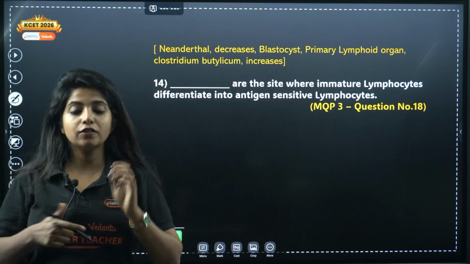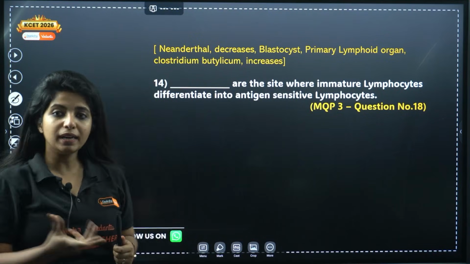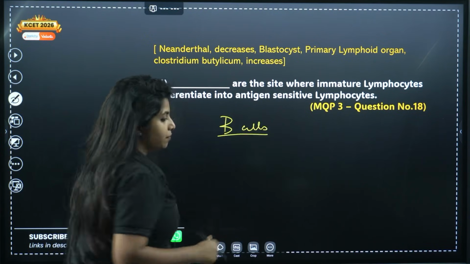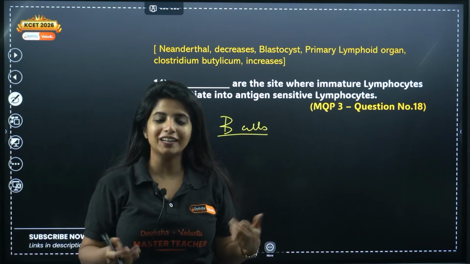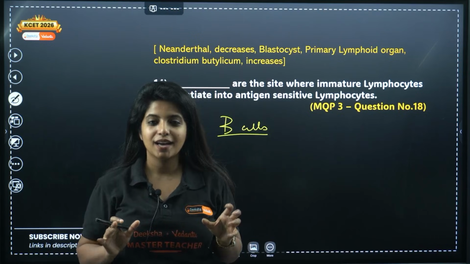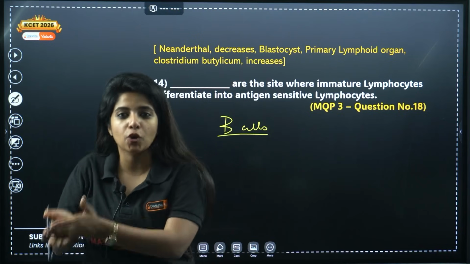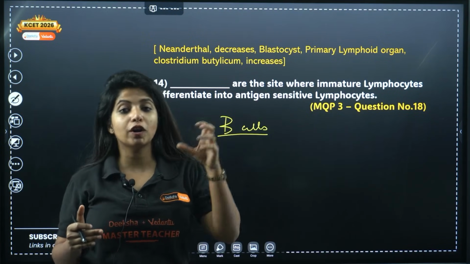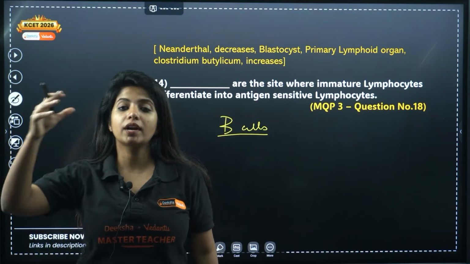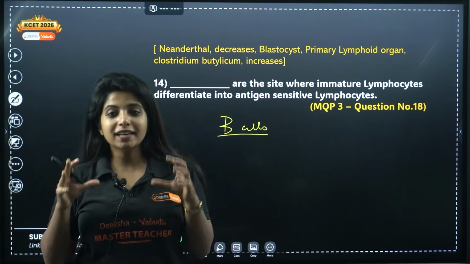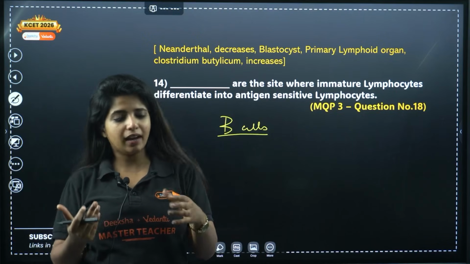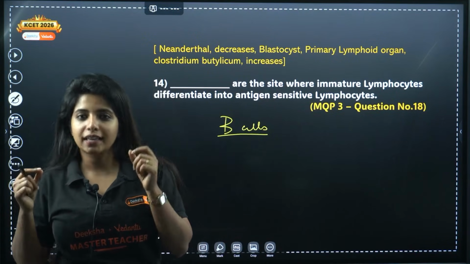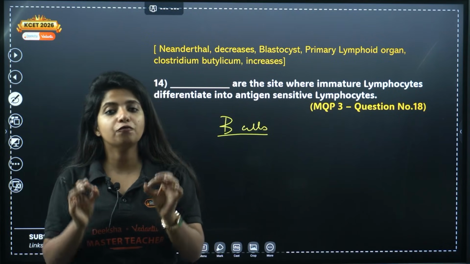Now immature lymphocytes means basically, my dear children, the B cells which are being produced. They do not know what the antigens are and things like that. They need to be taught, they need to be matured. So there is a place where they get matured. B cells mature at one particular place, T cells mature at another. So what is the site known as altogether? I told you there are 2 different sites, but do you have any general term for it? Yes, you call them primary lymphoid organs.